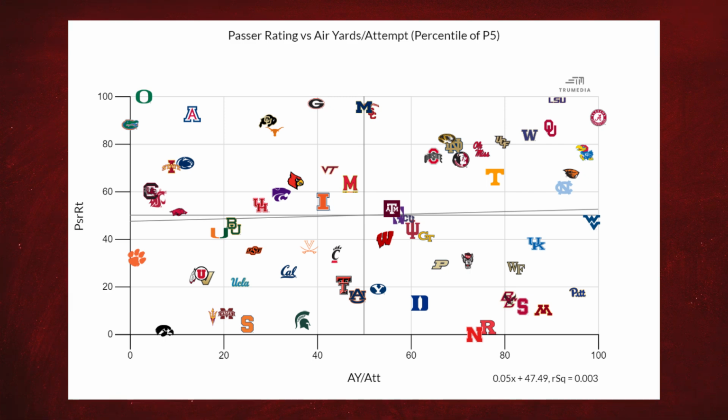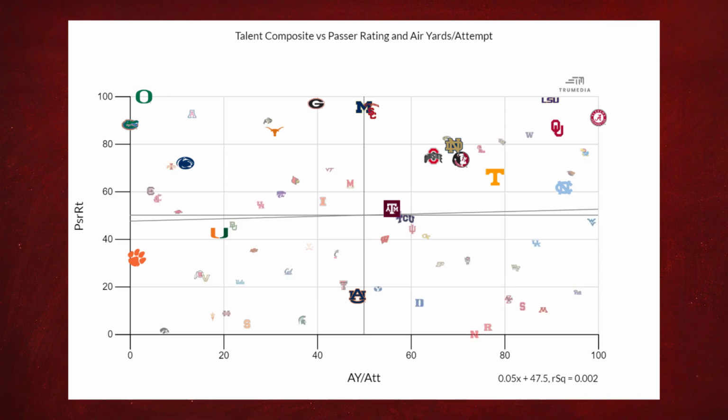A lot of this has to do with talent discrepancies per team. A team like Oregon was just so much more talent rich than everyone else in the Pac-12 last year that it really didn't matter what they did. They were going to be pretty good at throwing the football. But along those lines, something stands out a bit when you highlight just the top 20 teams in terms of talent composites going into 2023.